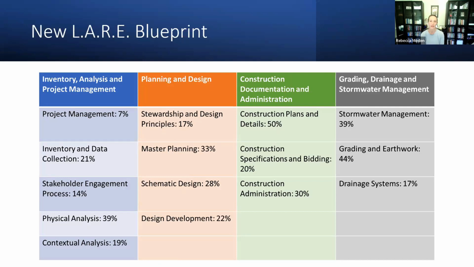So when you go online after the transition, starting in September, you'll be able to see how your section 3 applies to the new blueprint. And so you would get what we call credit for planning and design. If you pass section 3, you'd get credit for this orange section, planning and design, which means you won't need to take planning and design in order to finish the exam. Because your section 3 will count towards that. That will be your planning and design credit or section.